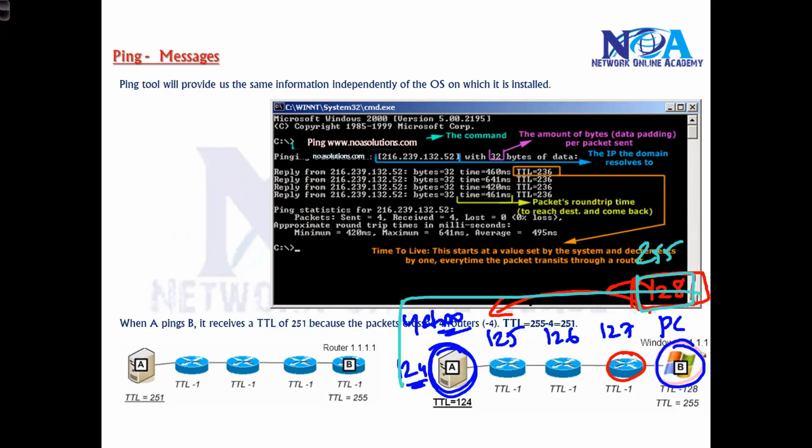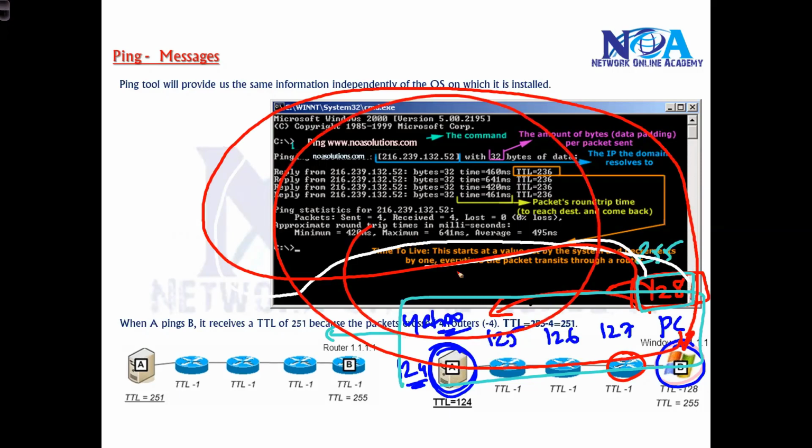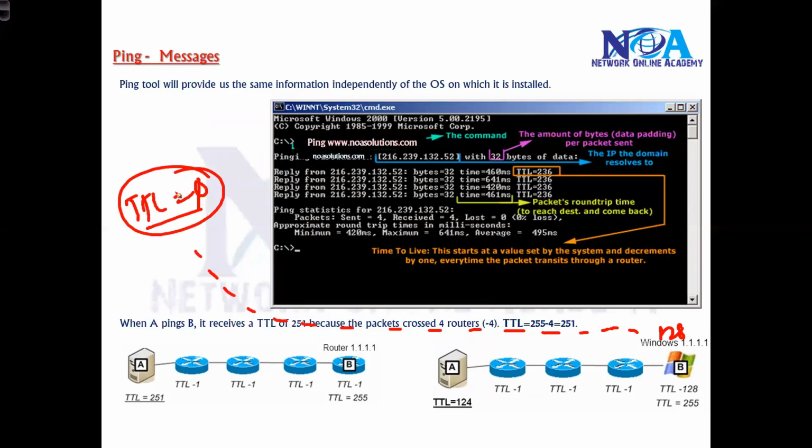This is actually a loop prevention mechanism, because you don't want your packet, while traveling, to come back again, since that may create some kind of loop. That's the reason we have a limit like 128. So when the TTL value becomes 0, it will drop that packet, which means the packet cannot go more than this many hops.